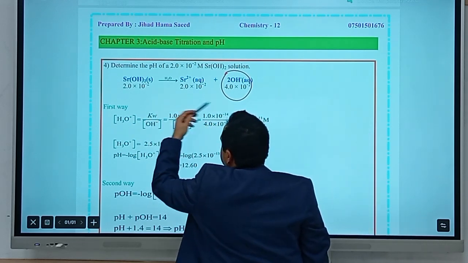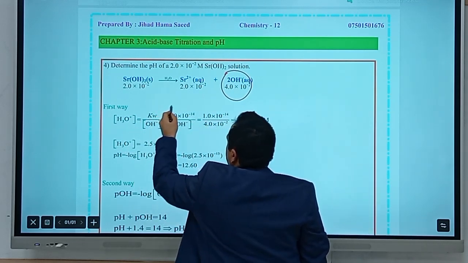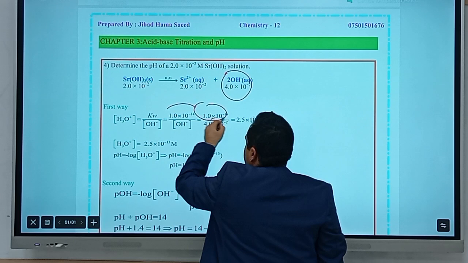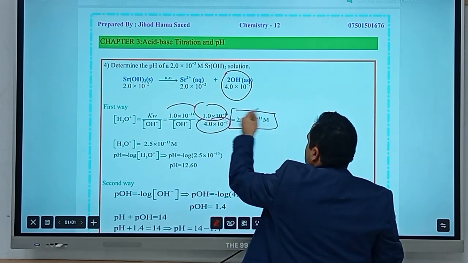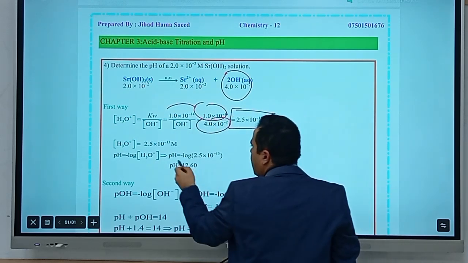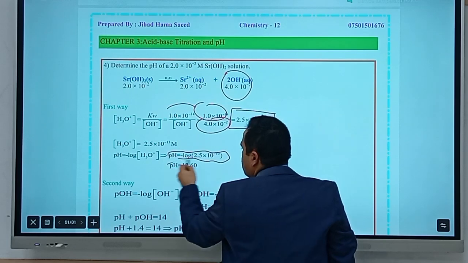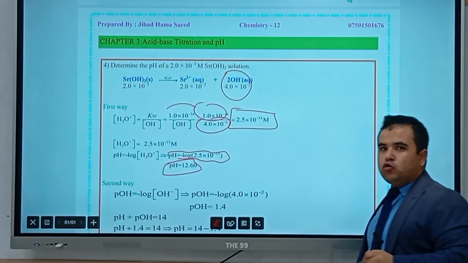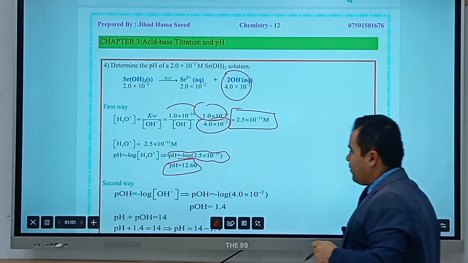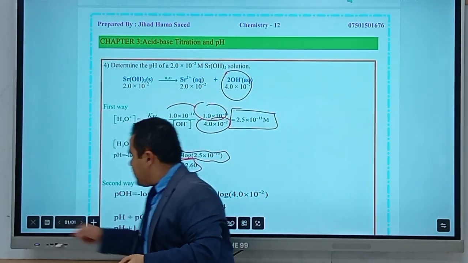And how to convert this to the hydronium? By using Kw. Kw divided by the hydroxide, you get the hydronium concentration, and then take the minus log of that hydronium, you get the pH of the solution, which is 12.6. Or second way can be used. Second way,